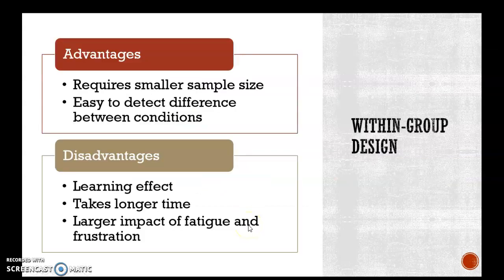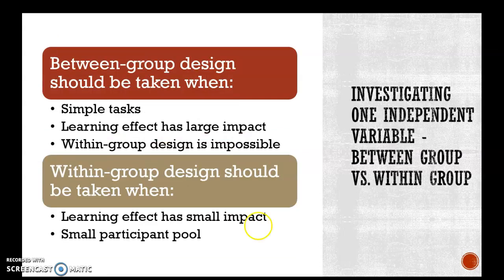The advantage of that is it requires fewer people to participate in the testing, and it's easy to determine the difference between the conditions because they do all three of them. The disadvantage is, like I said, if you have a goal, and design A, B, and C all have one goal, then after they have done A, they know what to look for in B and C. And it takes a longer time for one group of people, fewer participants, they get more stressed, and it can